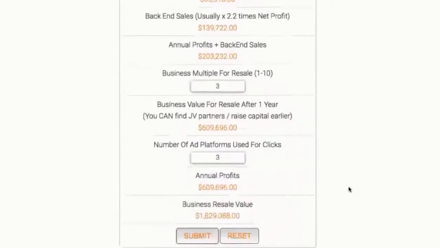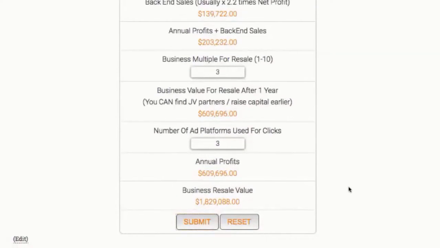So I'm not sure what I'm going to do with it yet, but I hope you enjoy using it as much as I do and my mentoring clients do. Okay, well, I hope you enjoyed that. It was a pretty fast and furious run through of the profit calculator. The thing I love about that tool, which I developed from a spreadsheet that I used to use, is that you can tweak all the different elements of it. You can tweak your product price.